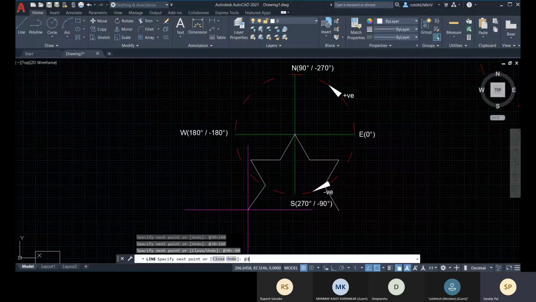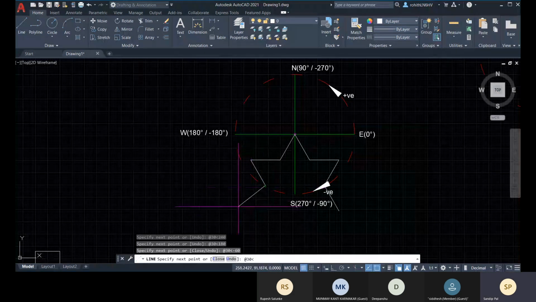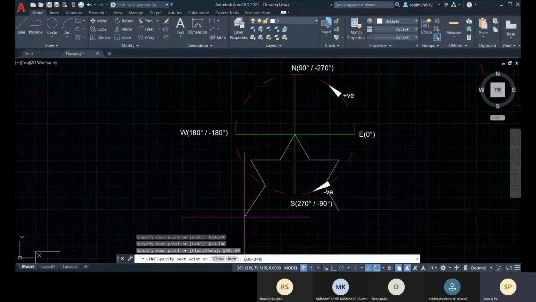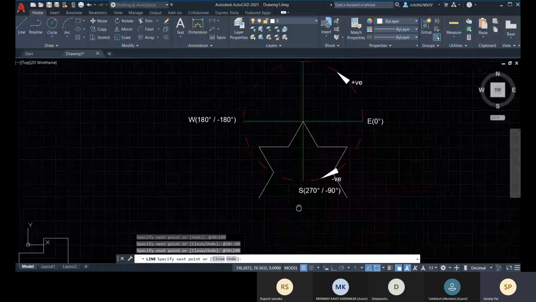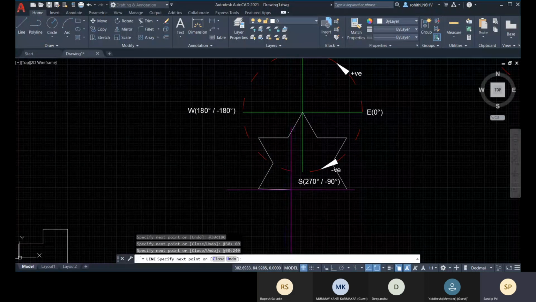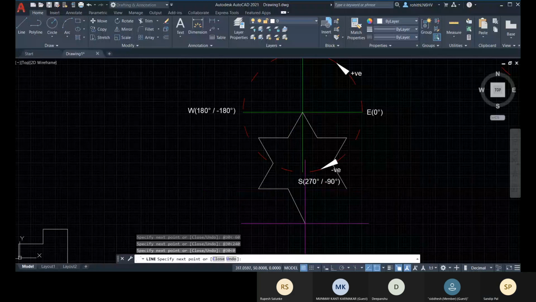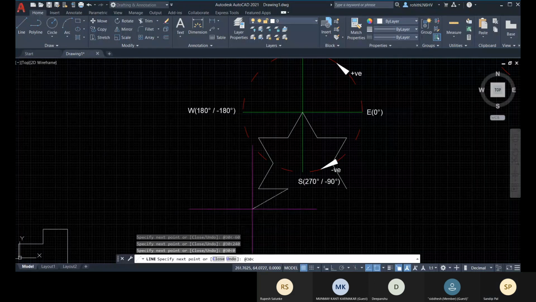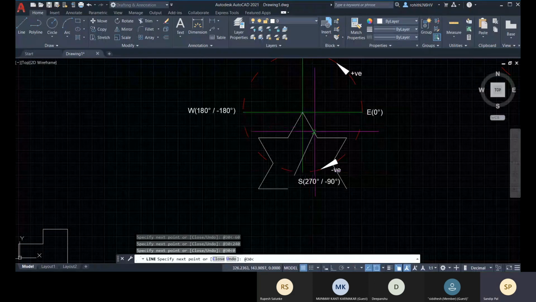And at the rate 30 less than, what will be the angle? This is the same. This is the same, right? So at the rate 30 less than 240, enter. Okay. So next at the rate 30 less than 0, enter. At the rate 30 less than this one.